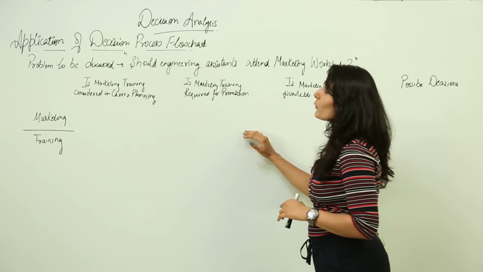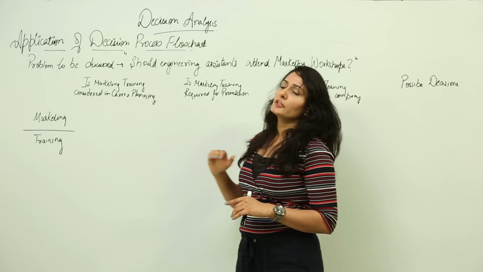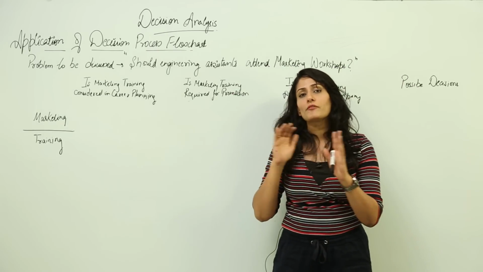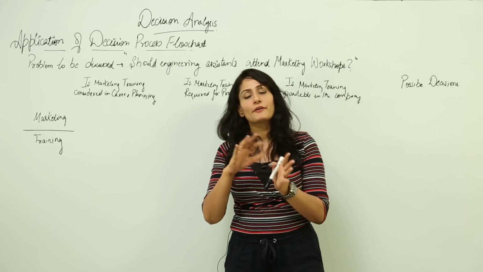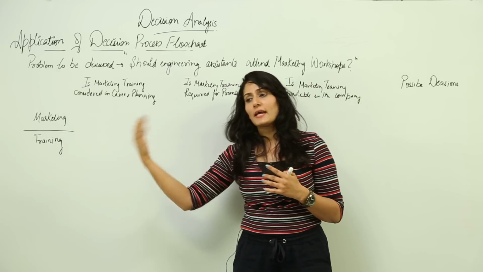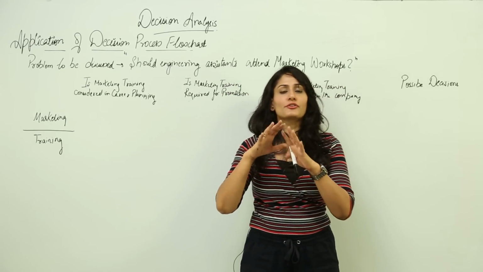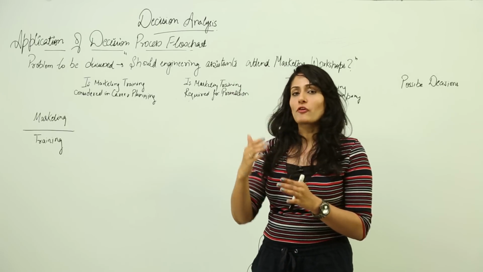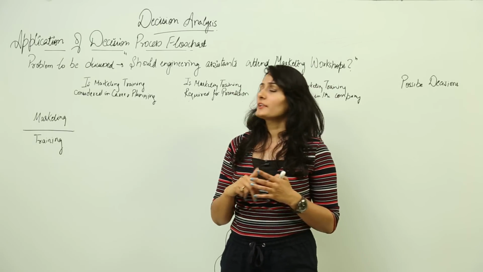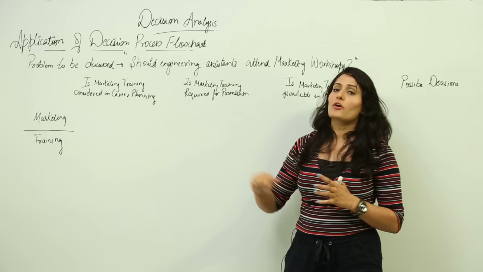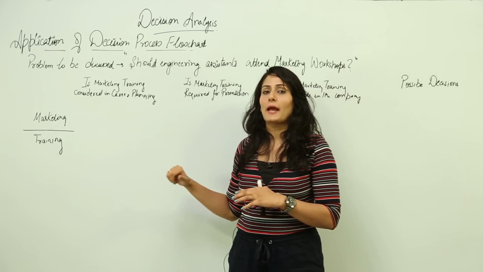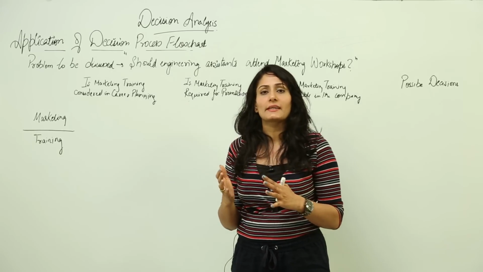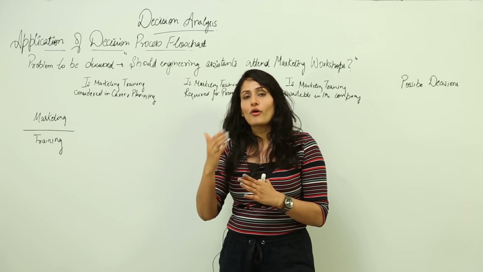So here I have one suggestion: whenever you are choosing these questions, always try to keep the number to 5 or less than 5. You can take more than 5, but it will just complicate the complete process. So it's always better to keep it to 5 or less. And the second important advice is that your answer to these questions should not be ambiguous, like maybe or something like that. It should either be yes or no.